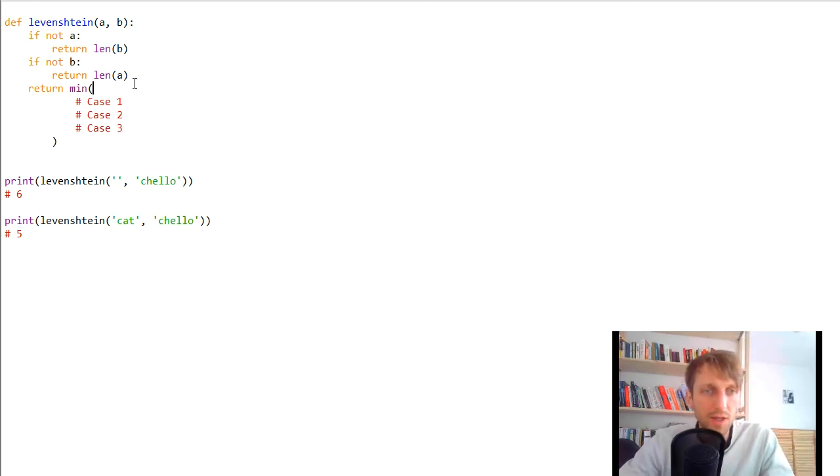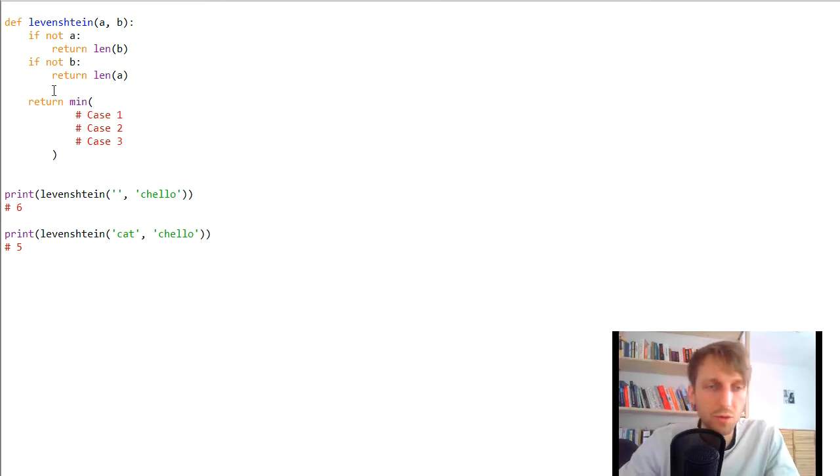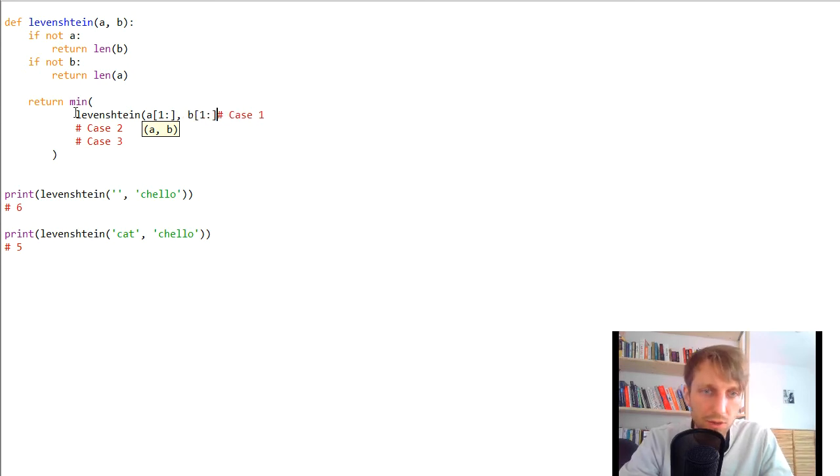It returns the minimum edit distance among those 3 cases. And what are the 3 cases? The first case, as I already told you, is the Levenshtein distance going from, first I will write it and then I will explain it to you,